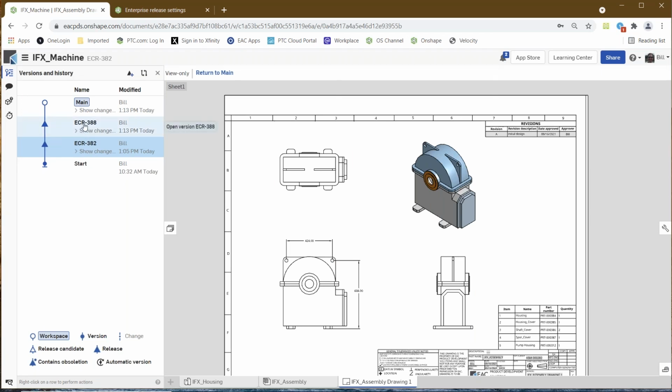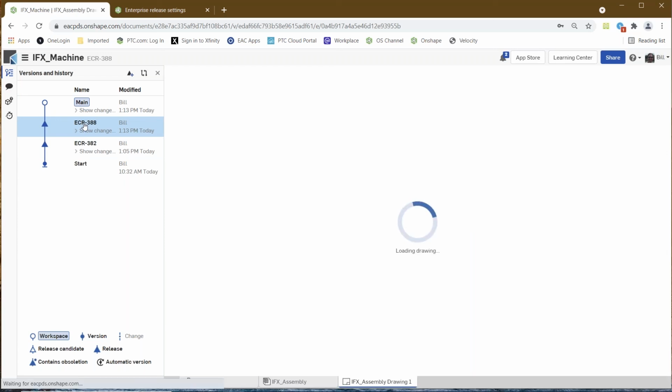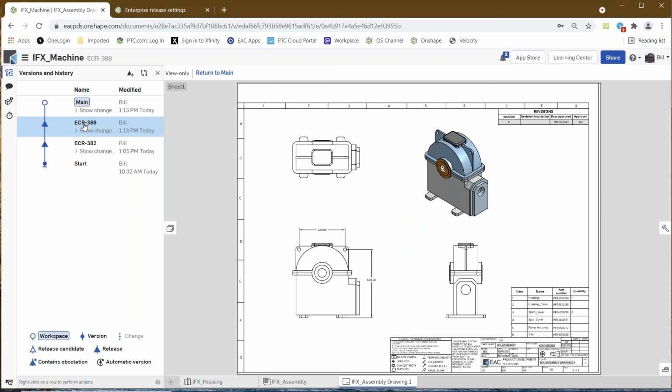If I wanted to see what version B looks like, I just click on that and it shows me version B. So the nice thing about keeping everything in the same workspace, in the same part studio, is that we can go through and look at the different histories throughout the evolution of this particular product, and it's all just one-stop shopping. I don't have to call up the saved as version and look at what it looks like. I can keep them all here. It makes this release workflow really easy to work with, and it gives us a lot of control and access to the things that we do release. But that's really kind of the highlights of what I wanted to